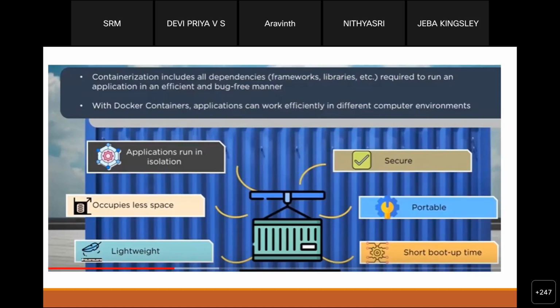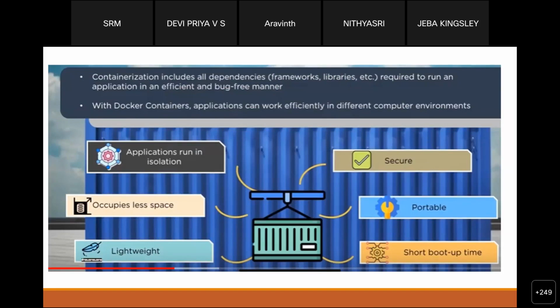So what are the features that make Docker popular? The features include being lightweight. Why lightweight? As containers virtualize the application, they are lightweight. They don't need a separate kernel or separate hardware, and they occupy less space. If we are developing a Docker image, we can develop a container with less code.